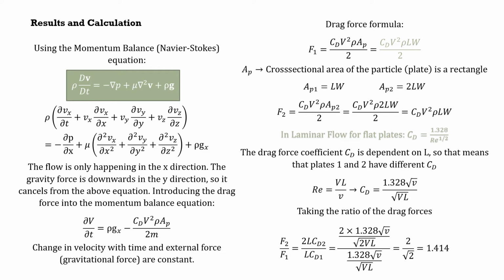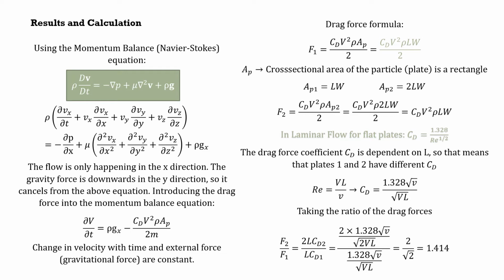One term that appears, as shown in the formula to the right, is AP. AP is the cross-sectional area of the particle, or the plate in this case, which is a rectangle. So for the first plate, it's just the length times width, whereas for the second one, it's 2 times the length times the width. Then the drag force is found according to this. It's expressed with these given parameters, and so